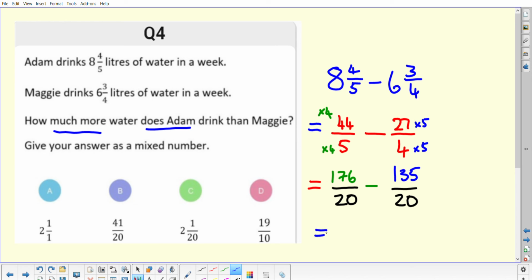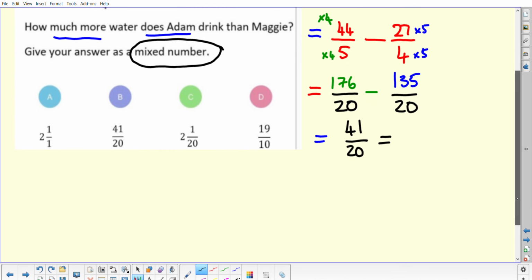The denominators are the same, so our answer will be in 20ths, and it's a matter of taking 135 away from 176, and that is of course 41. Now in this one, yes, if we look through the list we can see there's a matching answer here. However, you need to pay attention to everything and read everything. The question says give your answer as a mixed number, and at the moment our answer is an improper fraction,